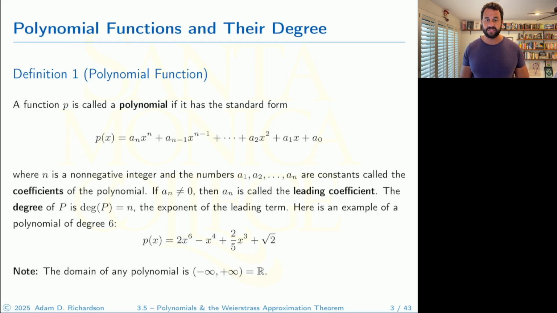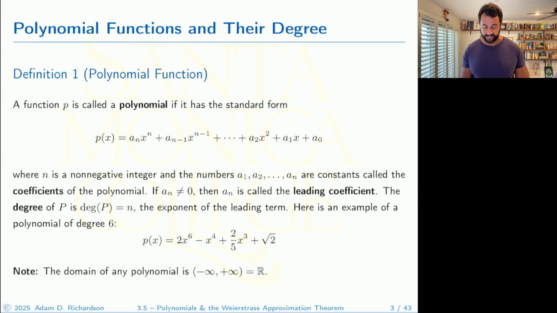A0, those are constants, and they're called the coefficients of the polynomial. If a sub n is not 0, then a sub n is called the leading coefficient. That's just the number that's in the front, and it's associated with the highest power. The degree of the polynomial is the highest power. So when you look at a polynomial, the degree is the highest power that you see when it's written in this form right here,